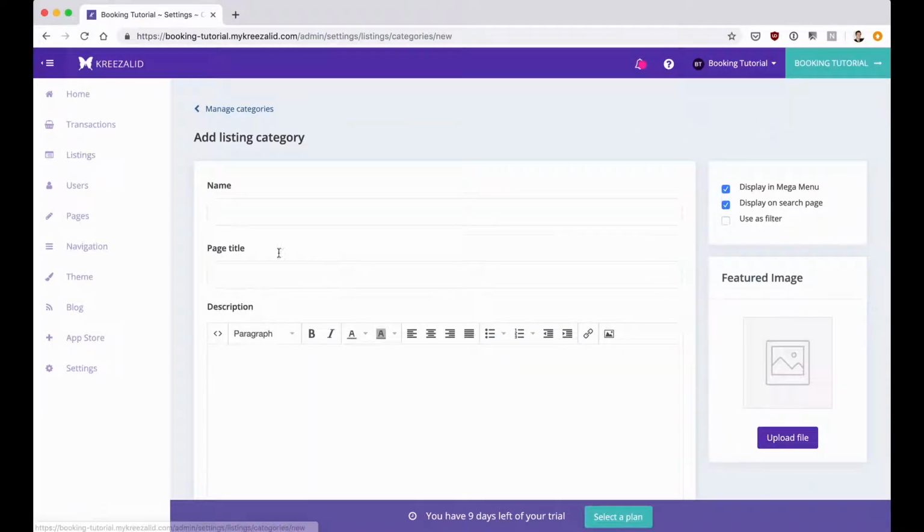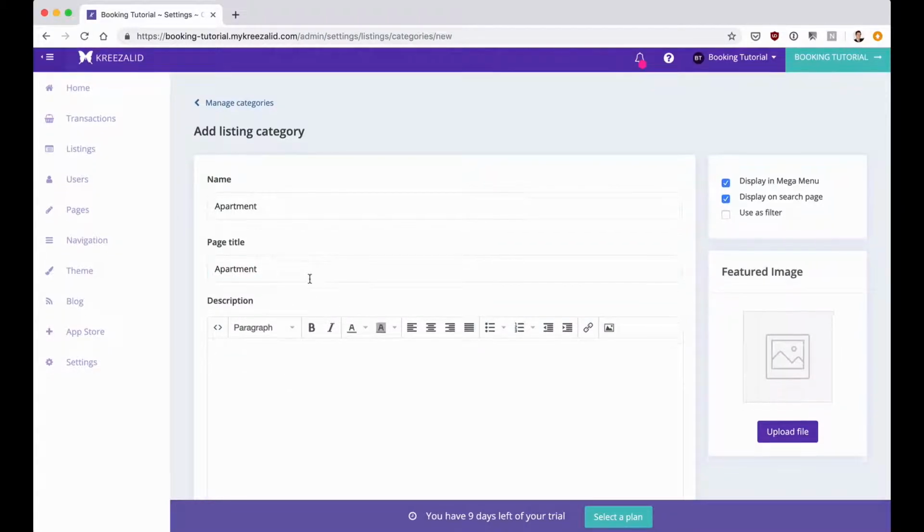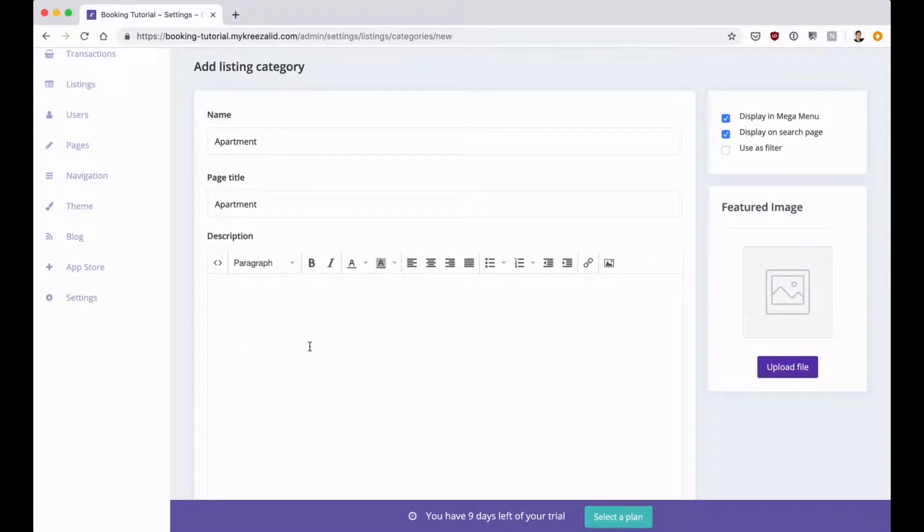So let's do that and create the first category. The name here is just for your organization. So we'll start with apartments. And then the page title is the title that will appear on the dedicated page for this category. So it's the public name. Here you can write a little description if you want. It's up to you. You could say something like,